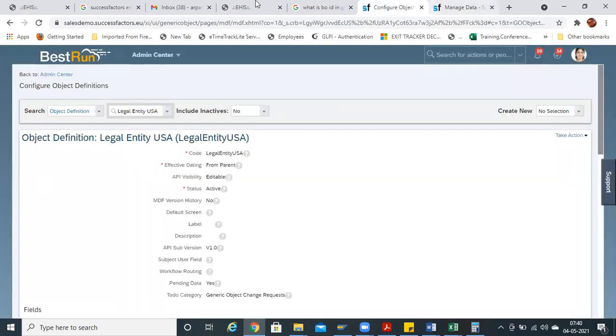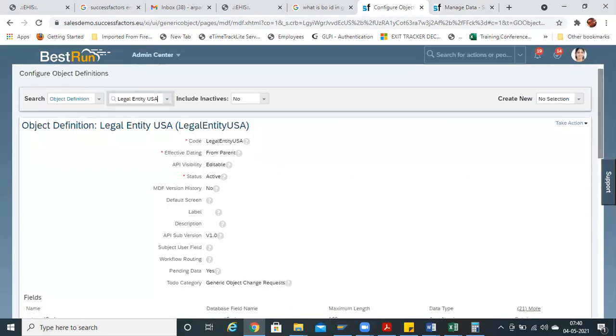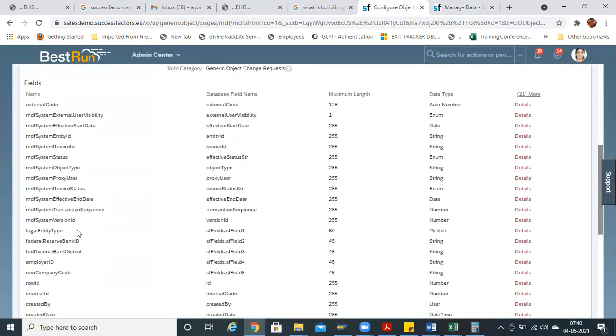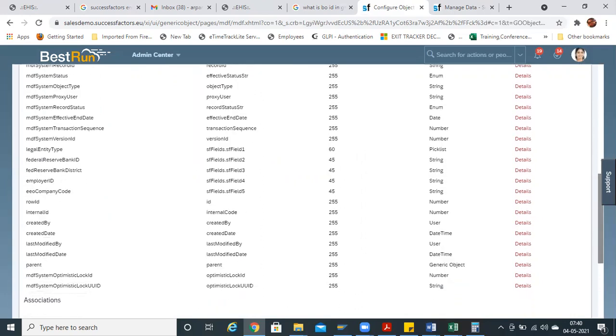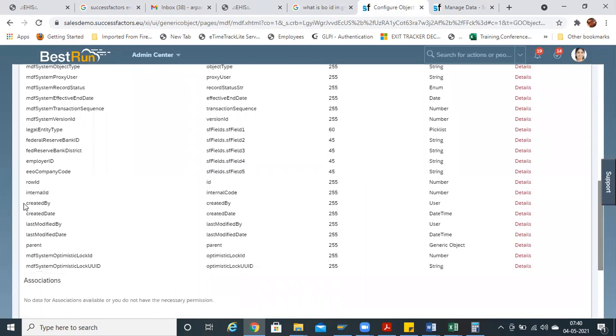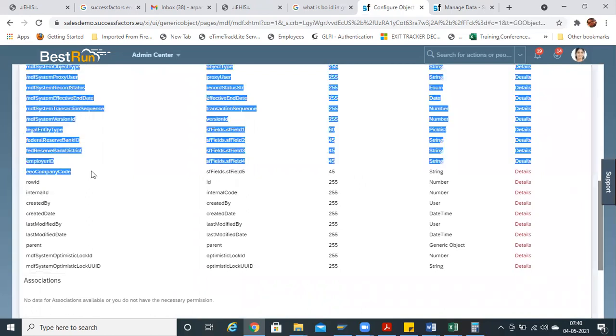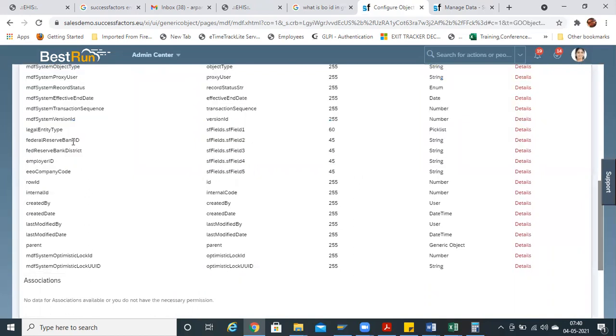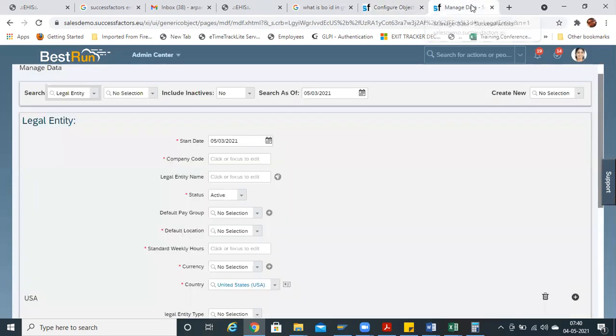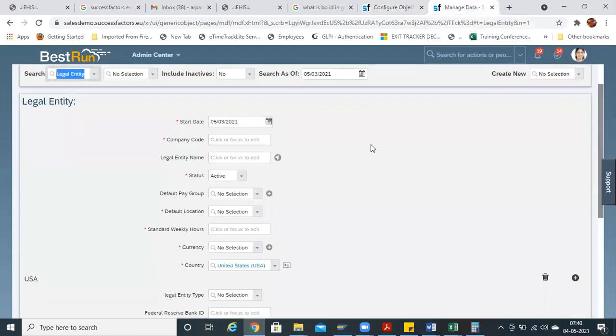It is associated to the main legal entity. If you select USA, all the fields related to USA will be shown: Federal Reserve Bank, Federal Reserve District. This is the main important concept for the country specific corporate data model. If you select this, employee company code and Federal Reserve Bank ID will be shown in these fields.